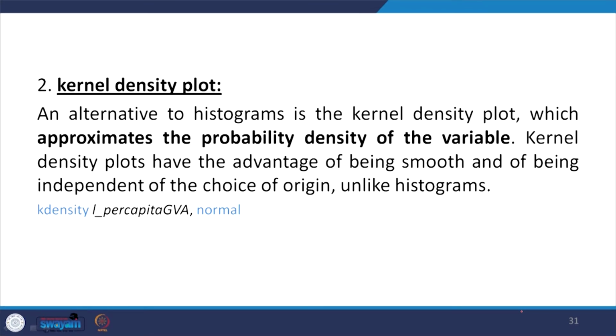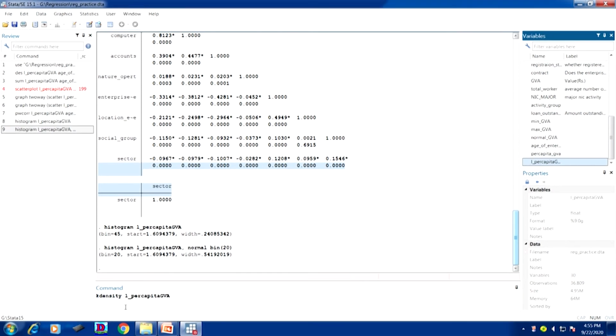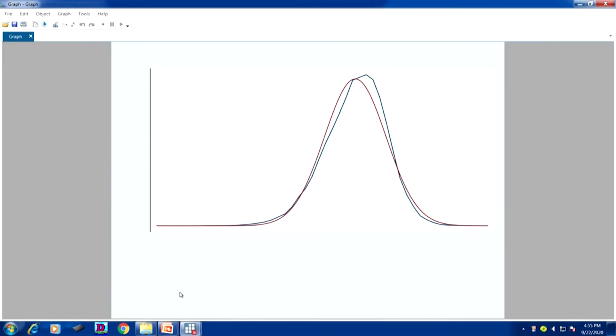Kernel density plots have the advantage of being smooth and of being independent of the choice of origin, unlike the histogram. So, we can experiment and find out. With the same command, only kdensity, the same y dependent variable, then normal.